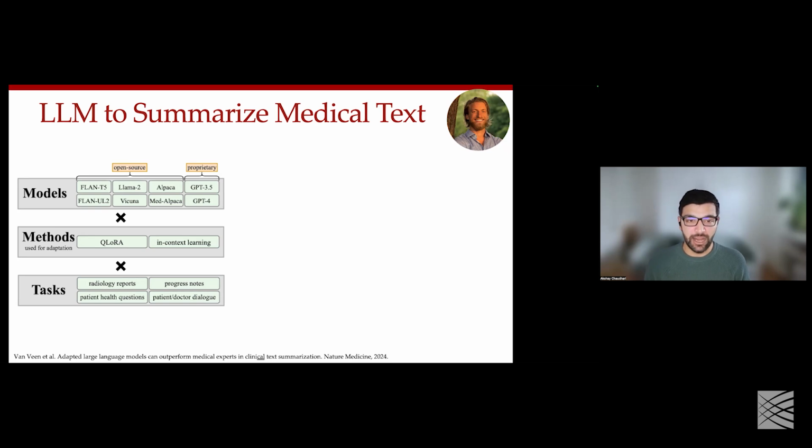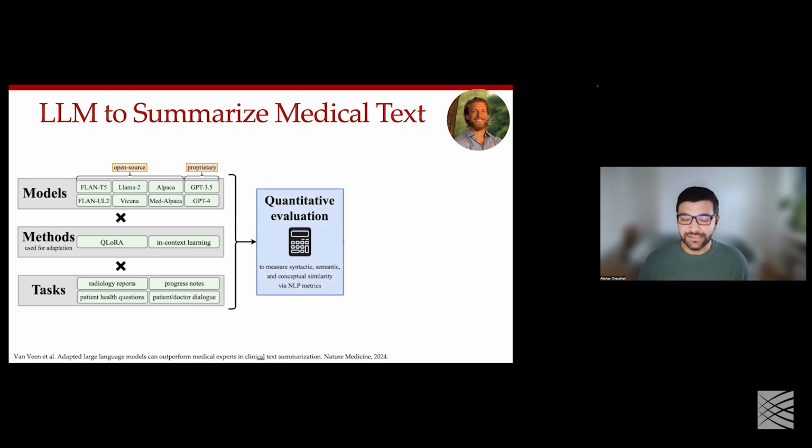Right now, ambient scribes are very common too, so we really wanted to assess this patient-doctor dialogue. We wanted to look at progress notes to understand whether or not models can actually come up with the right problem list. So we wanted this to be clinically relevant, and we wanted to choose open source data sets so that our work could be easily replicable. So this was the problem scope that we had.